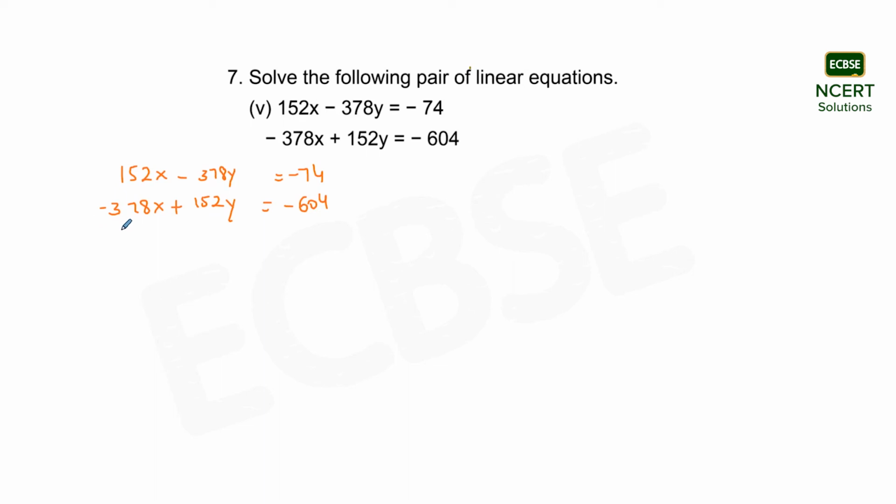So say in this case, we focus on the variable x. In order to make the coefficient of x the same in both the equations, I'll multiply both sides of the first equation by 378 and the second equation by 152,